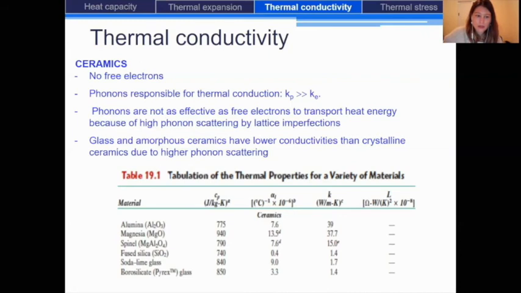We can see that the ones that are glassy, amorphous ceramics, like for example fused silica, have lower conductivity than crystalline ceramics, and this is due to higher phonon scattering, because the highly disordered structure makes more difficult the propagation of the lattice vibration in the material. And so that's why we can find in vitreous ceramics and glass values of thermal conductivity that are